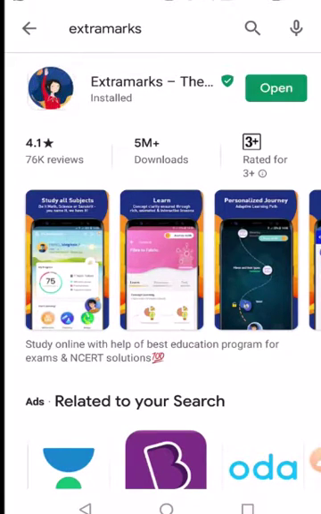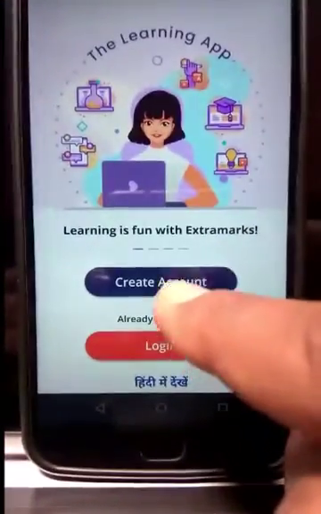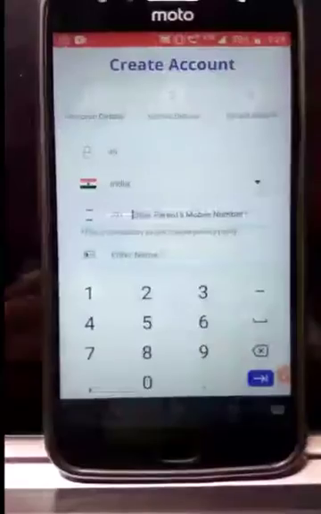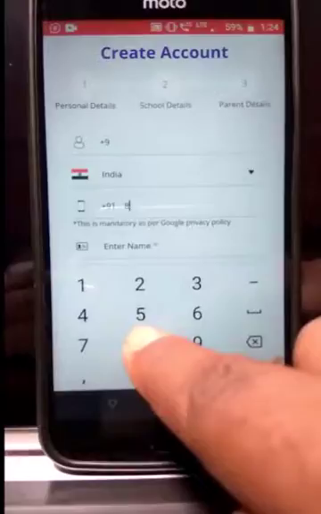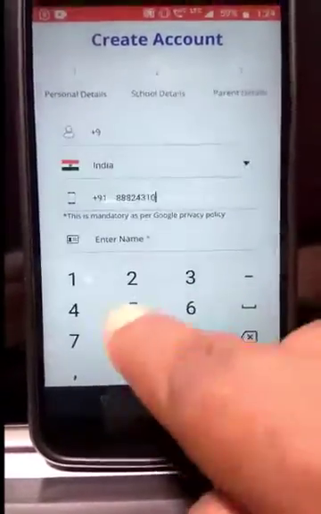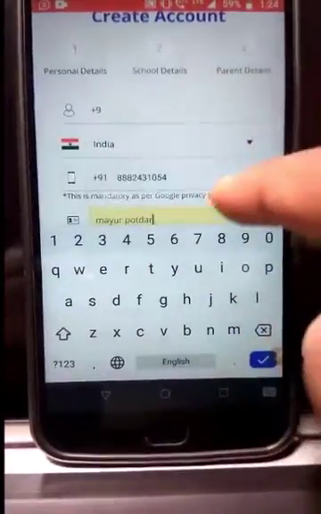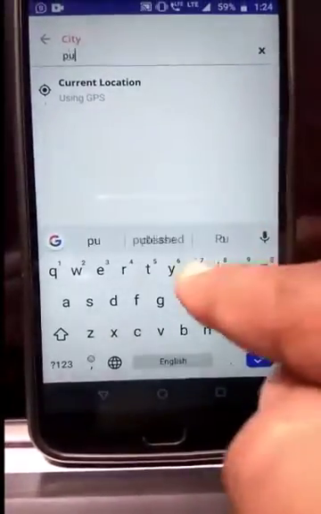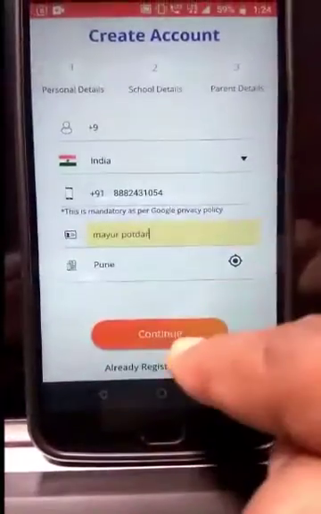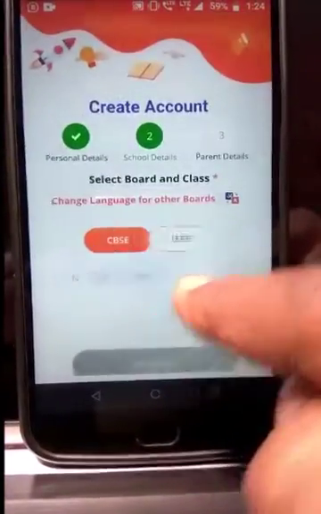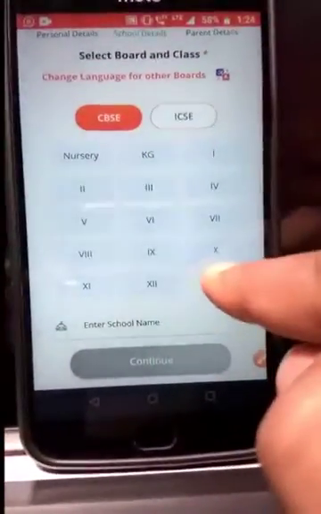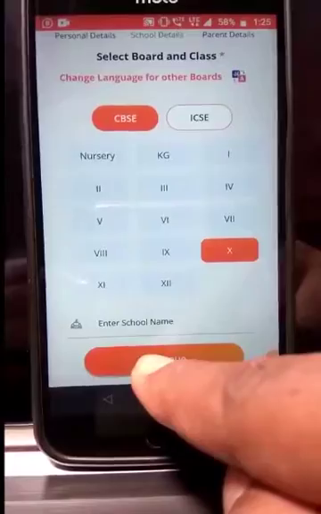Step 3. Once the app is installed, then click on Open. Now once the app is open, click on Create Account and fill in the details like mobile number, your name, and city. And then continue. Now you will reach a page where you have to select your respective board and class